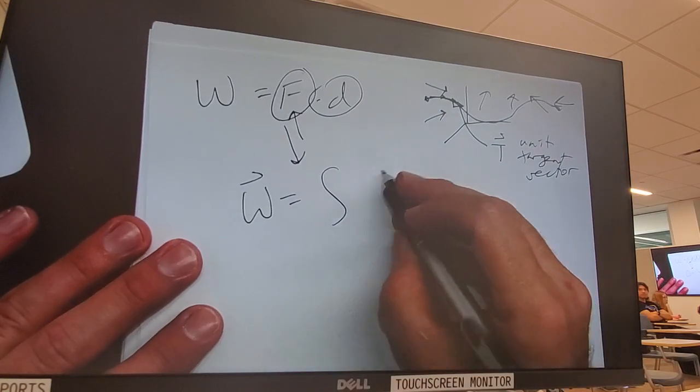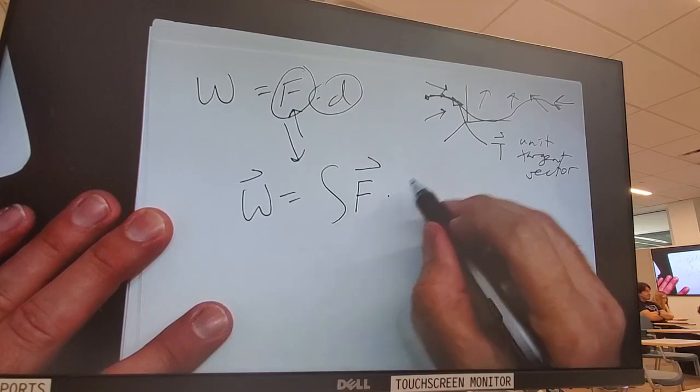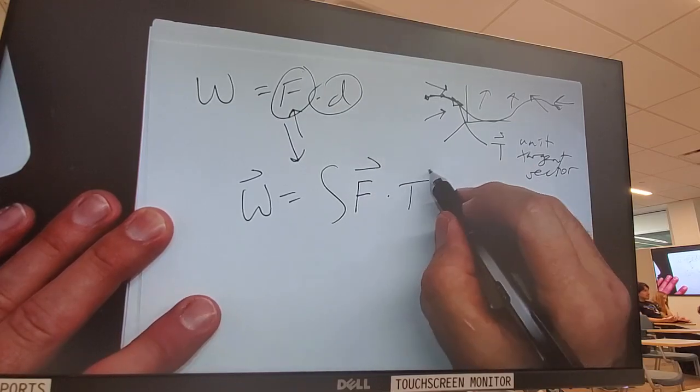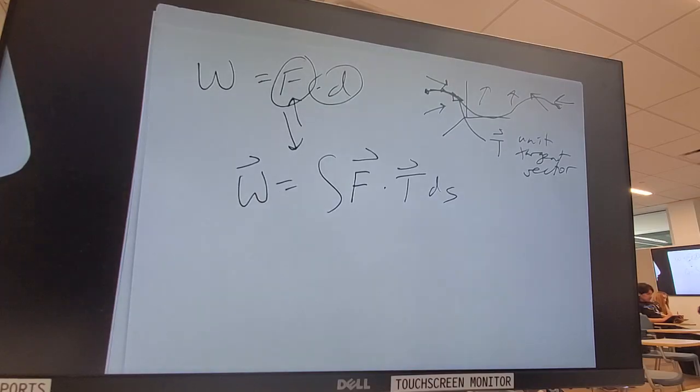So what I want to do is take my force and dot it with the tangent vector of my motion. Because if my motion is perpendicular to the force, it's neither helping nor hurting me. I'm not going to add it into my accumulation. If it's helping me, I'm going to add it. If it's hurting me, I'm going to subtract it. That's why this is a dot product. It wraps in the angle at which this is happening.